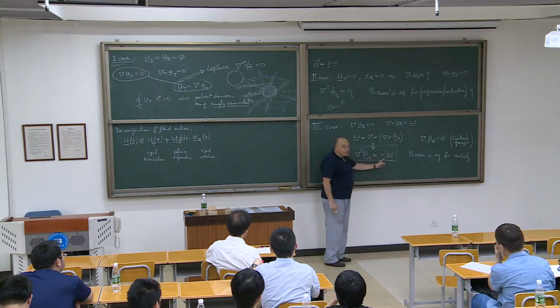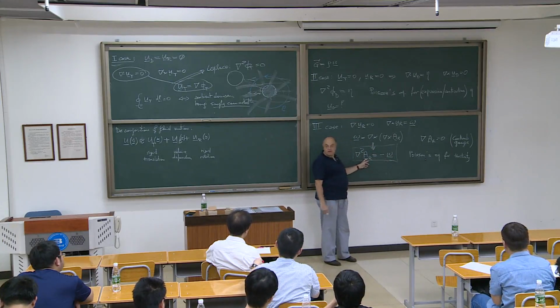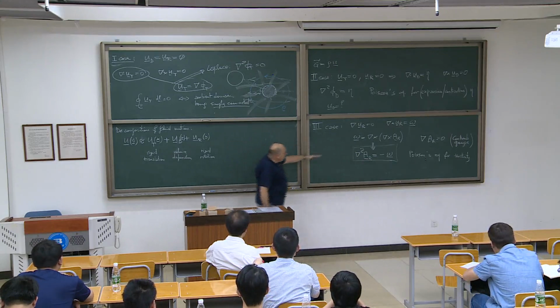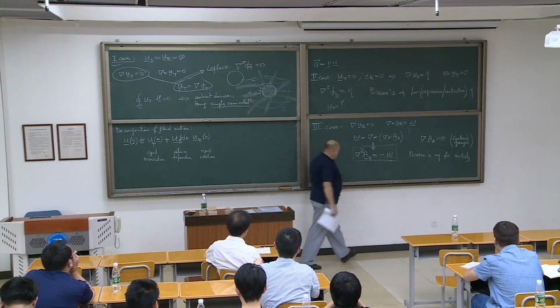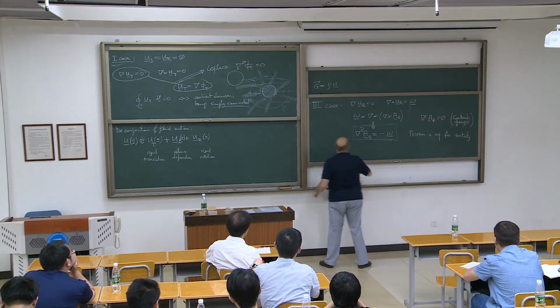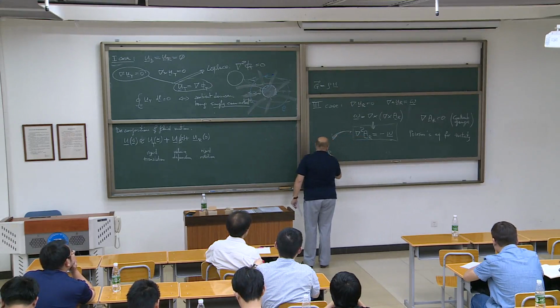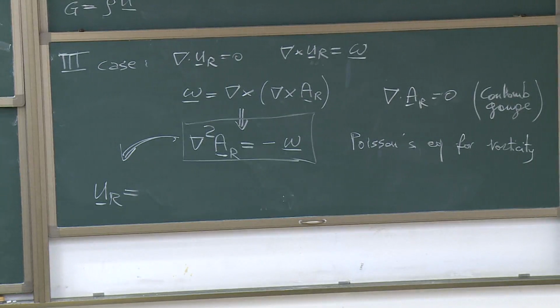AR, we have to undo this operation. We have to integrate in order to have AR. And the integral has a name. I skip passages because I want to get to the U. And the U, as a result, we have a U, UR. And UR is a famous equation that you know very well in